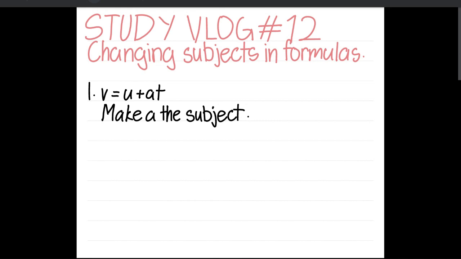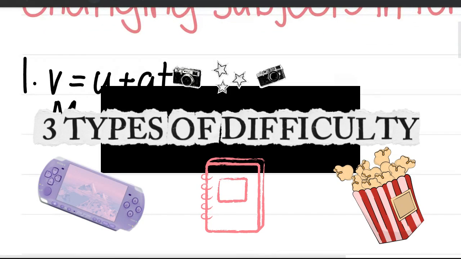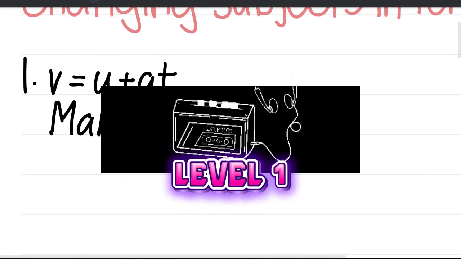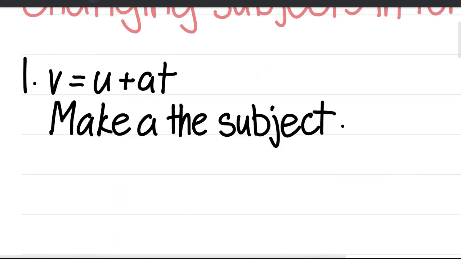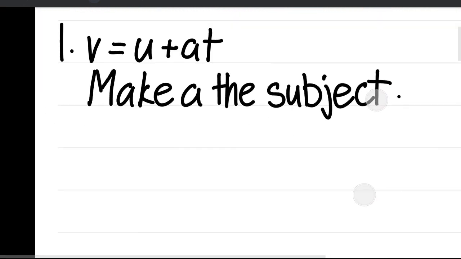Today we're gonna learn how to change subjects in formulas. We have three types of difficulty, so let's start with the first one. V equals U plus AT. Make A the subject. Okay,